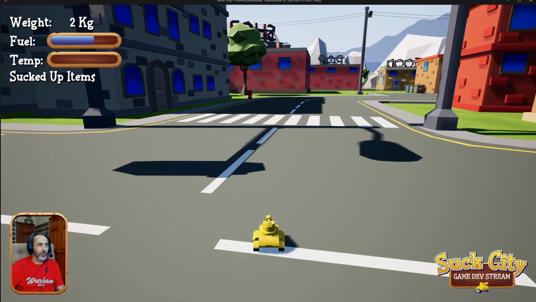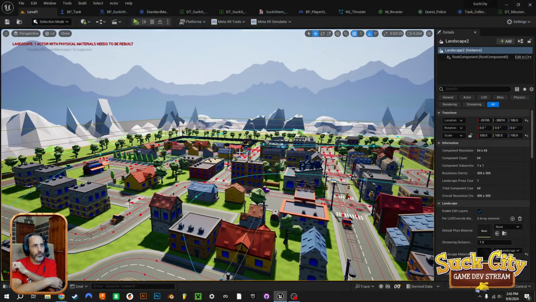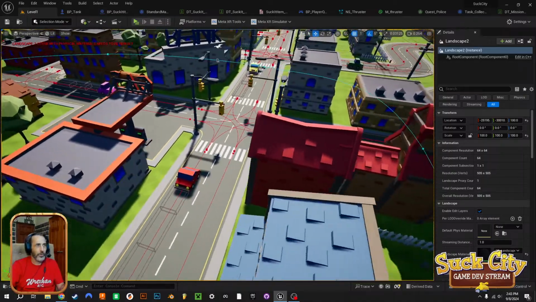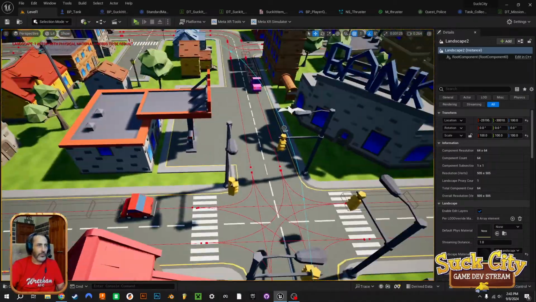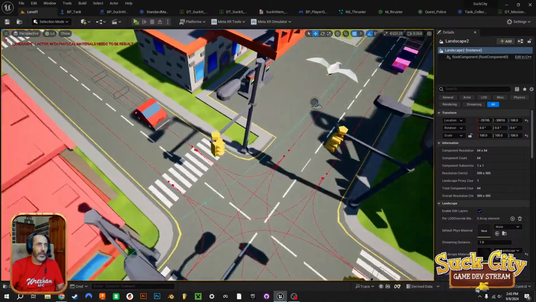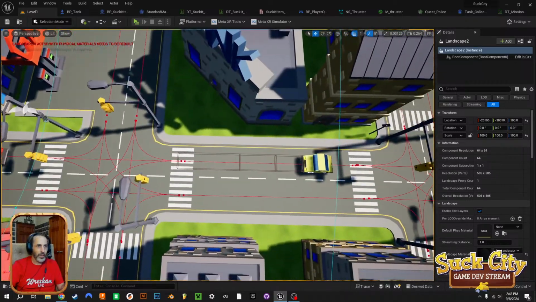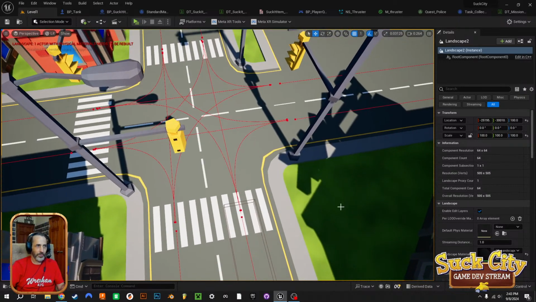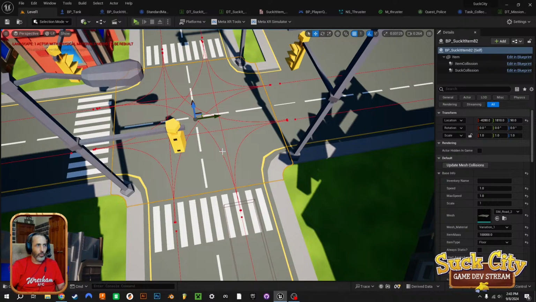But yeah, the cars have a cool system, so let me show that off too. The car system is really neat. I like how I set this up. There's multiple splines here, which you can see, and each spline, when the car gets to the end of a spline, it looks at the current splines that are next up, and it will randomly choose one